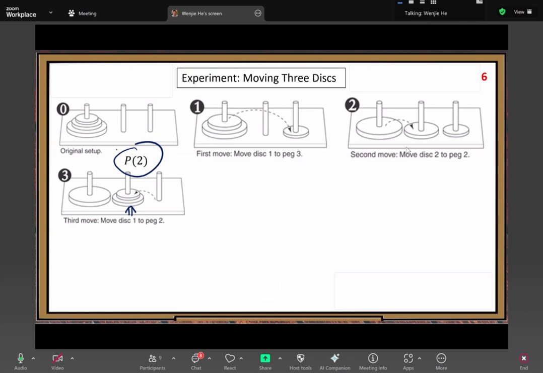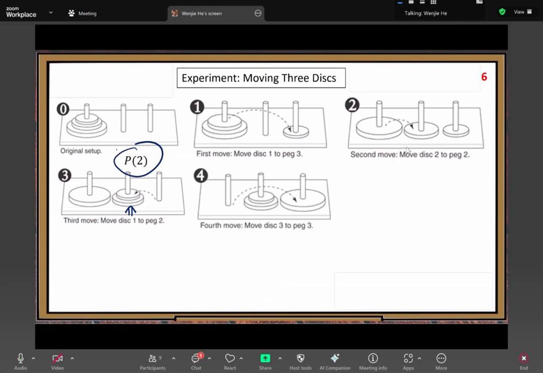Bottom disk to our destination peg. And fortunately, this time, our destination peg is empty. So we can move our largest disk to peg 3. Okay, another move. After that, after step number 4, can you see we need to move these 2 disks back